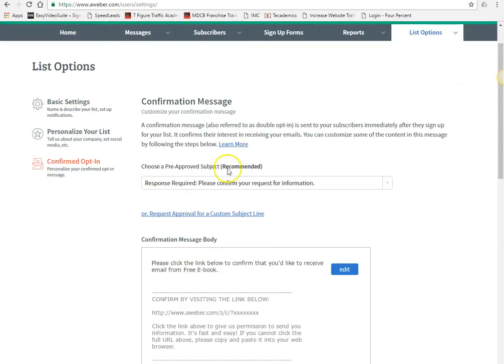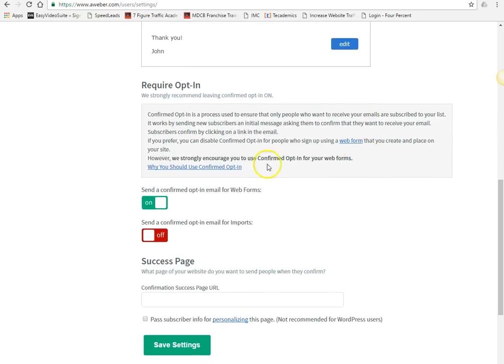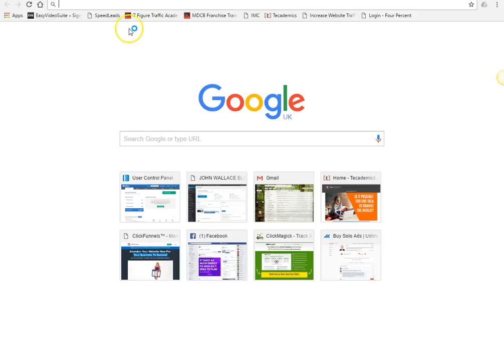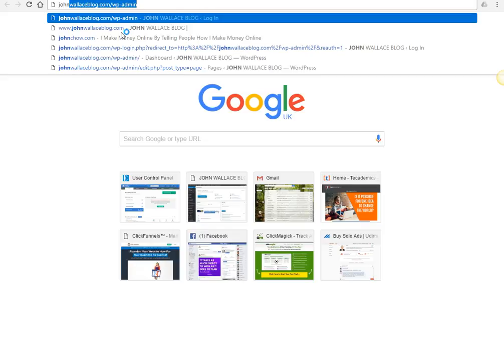Okay, and leave it as it is here, but what you need to do is turn this off. Now, look, are you sure you want to disable confirmed opt-in for web form submissions? We strongly recommend that you keep this enabled to prevent malicious subscriptions and false spam allegations. Now, the reason I turn confirmed opt-in off is, say I drive someone to a landing page, and as I was doing this, as an example,